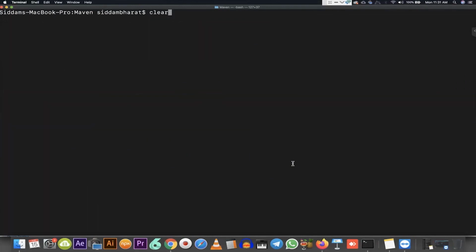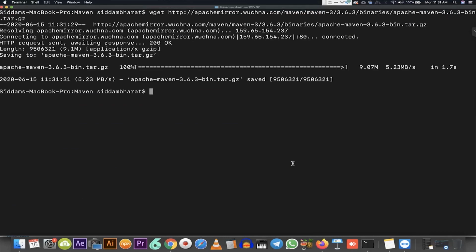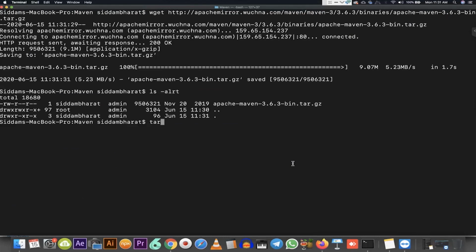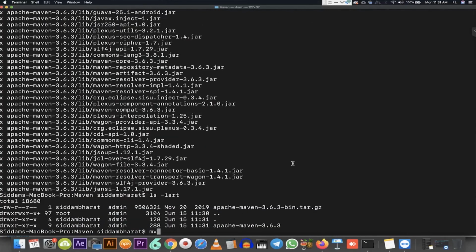So I'm going to run the same command again. It will download the tar file. This is the tar file which is available over here. So I'm going to extract it over here. Once the extraction is done, I'm going to rename it to Apache Maven,